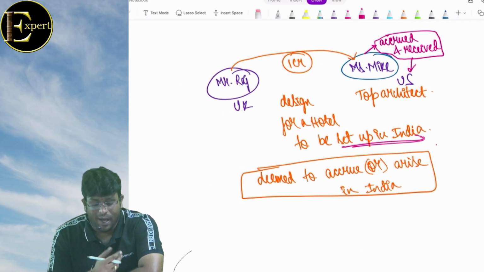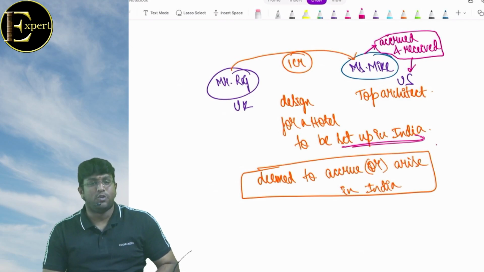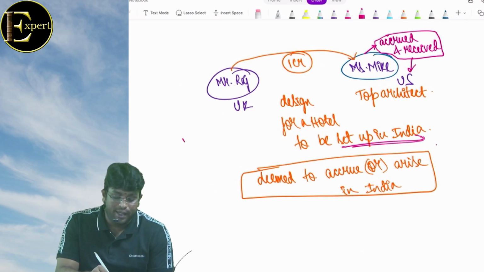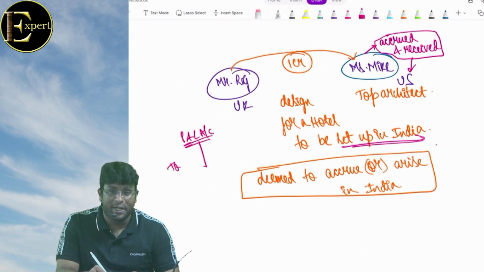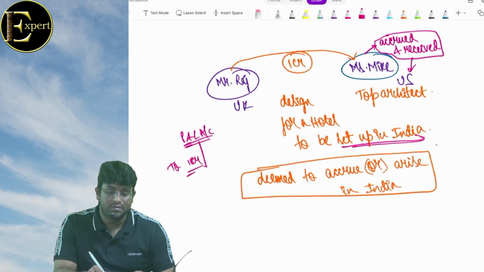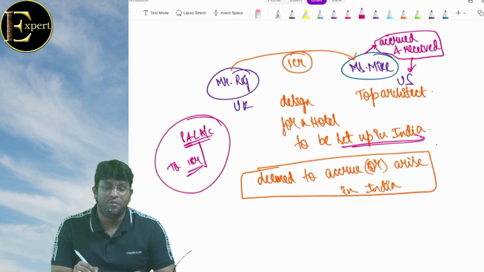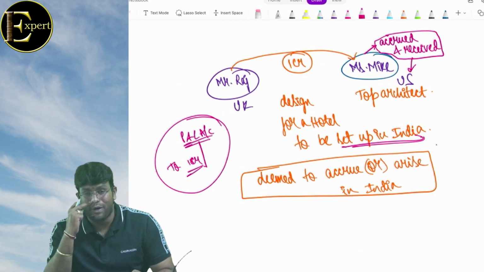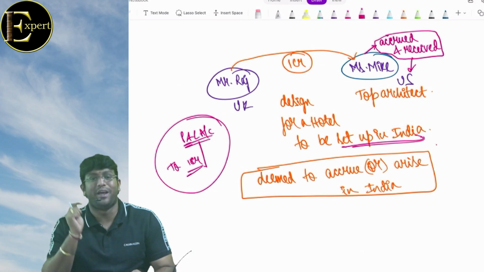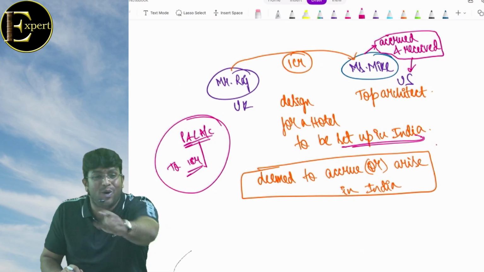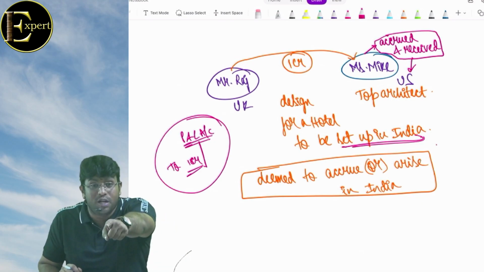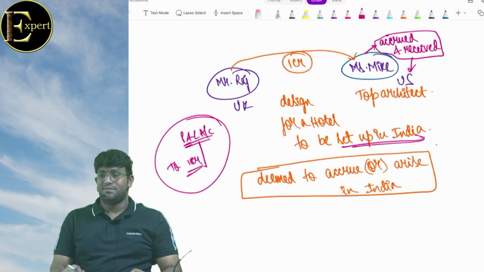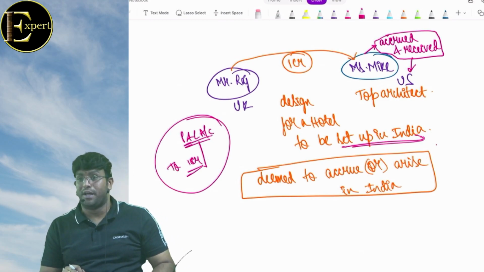You might get one doubt. How will the Indian government get to know that it's paid to a non-resident? What happens is that in India, when you prepare a P&L account, you will show the payment made to Mike, 1 crore. This fellow in India will get a notice saying, brother, you made payment to a foreigner, it is taxable in India, why did you not deduct TDS? We will call you an assessee in default because TDS is not done.